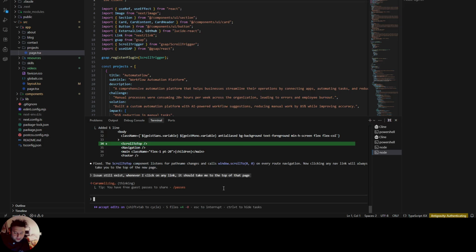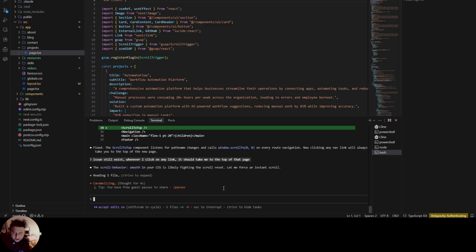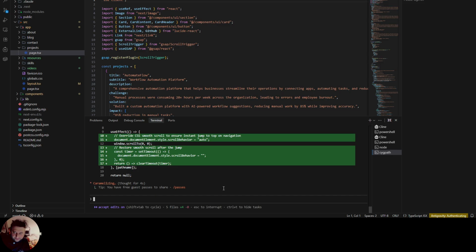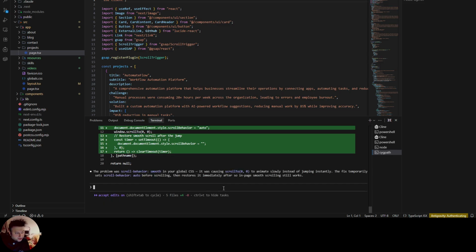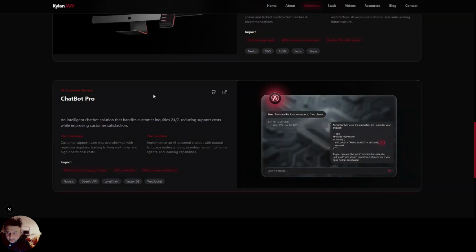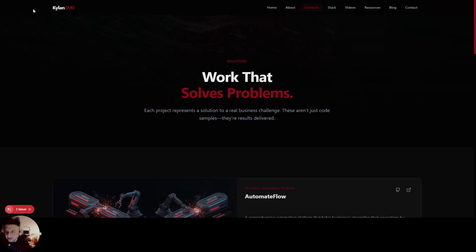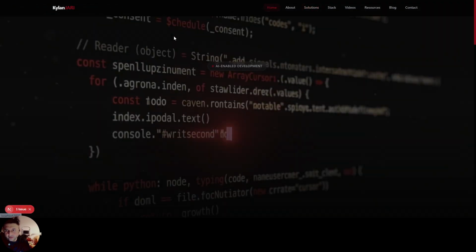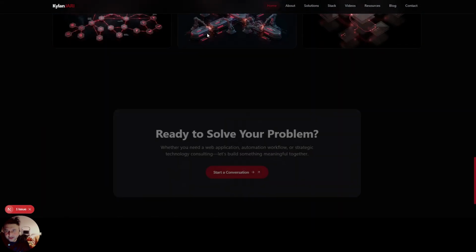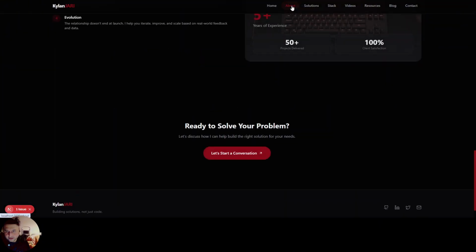Sometimes you have to really describe it nicely. Okay, so this says it has been fixed, but let's see. Just trying to find out what it can be. Okay, the problem was core behavior. I think hopefully by now it should be sorted. Yeah, now it's fine. So if I go back to the home page, and let's say I click on the about page,